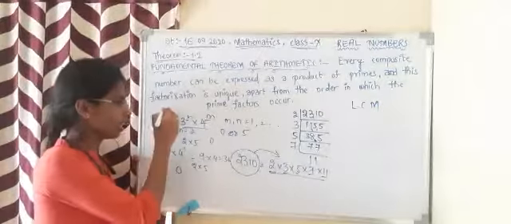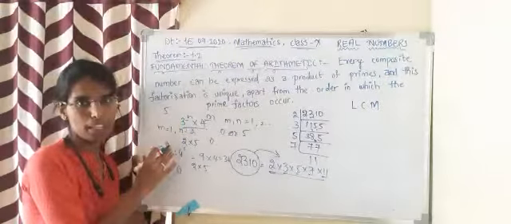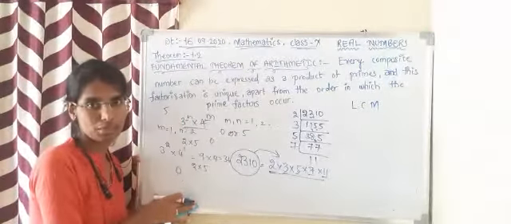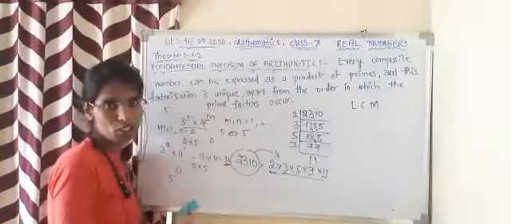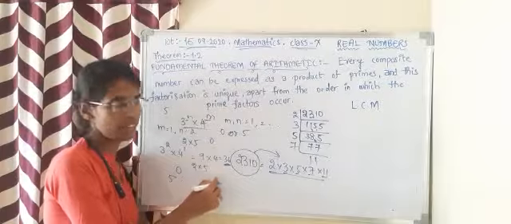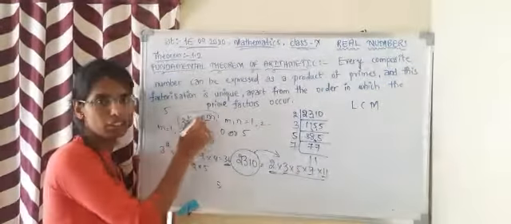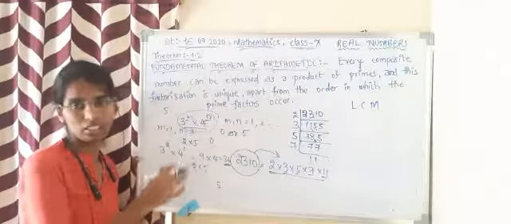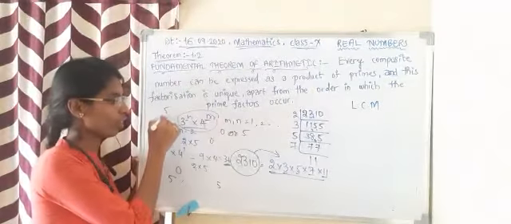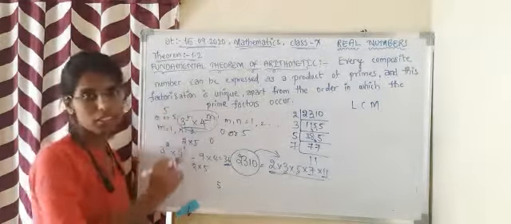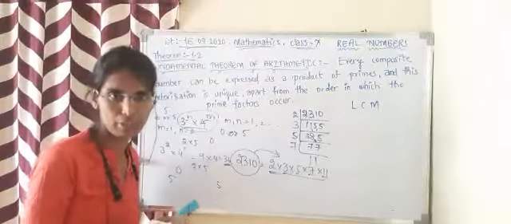And to get 5, we have only one condition, that the prime factor should be 5. And here the prime factors of 36 cannot include 5. Therefore, this whole number cannot have a last digit of 0 or 5. This is how we have to solve this kind of problems.